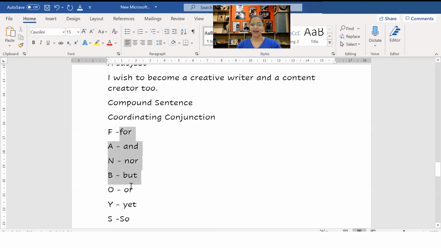You never start a sentence with a coordinating conjunction. You can start a sentence with so, but you can never start a sentence with for, and, nor, but, or, yet. No, you never do that, right? Here you can start a sentence with neither, here with either, and here with though, but you never start a sentence with nor, or, yet. Okay, that is why they are called the coordinating conjunctions.